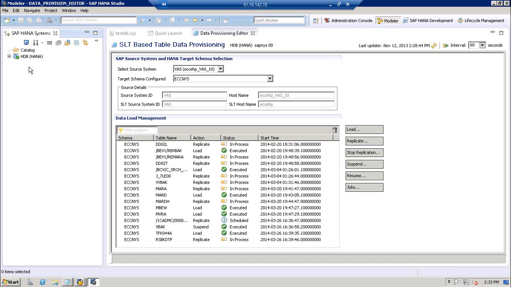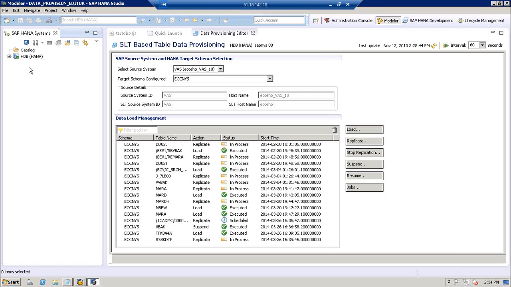After that, when you are working on the data provisioning aspect, the most important thing is you have to do some configuration in the SLT server. There is a transaction code LTR. When you open that transaction code, you have to specify under which schema you want to store the data which is going to be extracted from ECC.